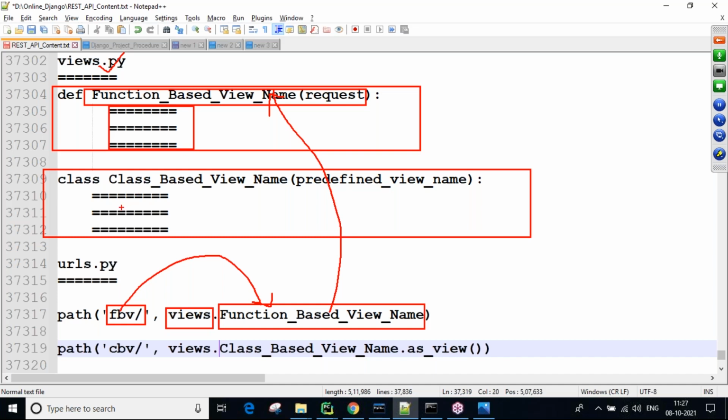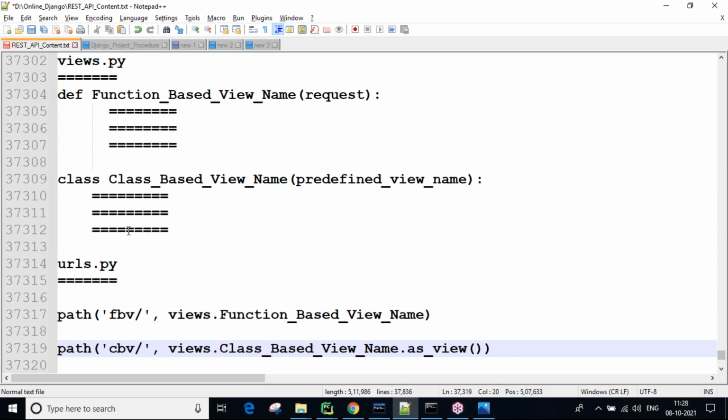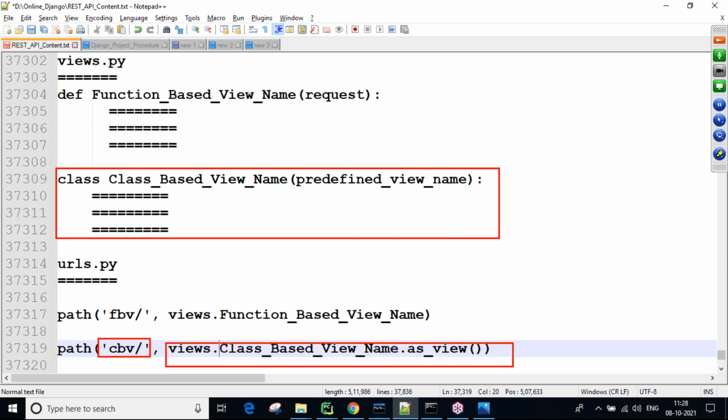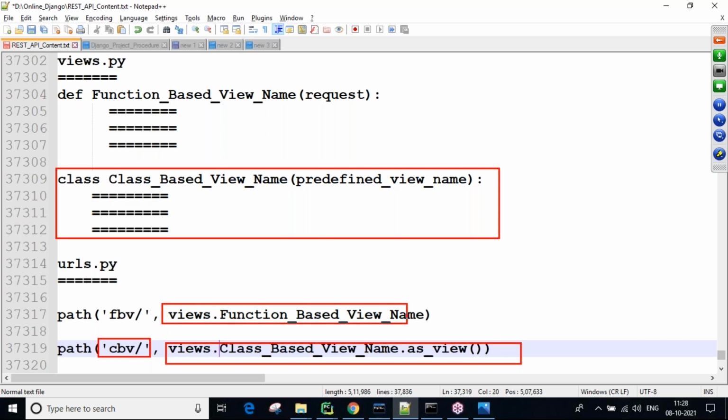Next, if it is a class based view, then we use the path method, write the class based URL, and views dot view name dot as underscore view is required. If it is a function based view, views dot view name is enough.